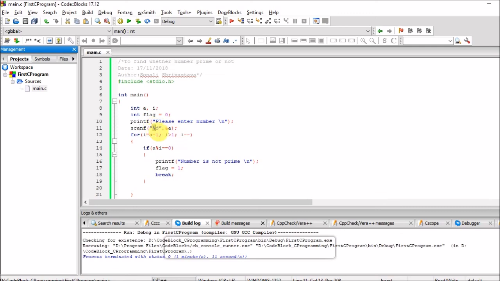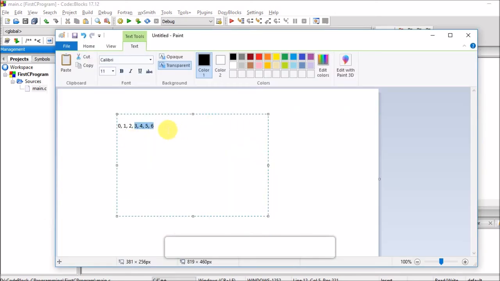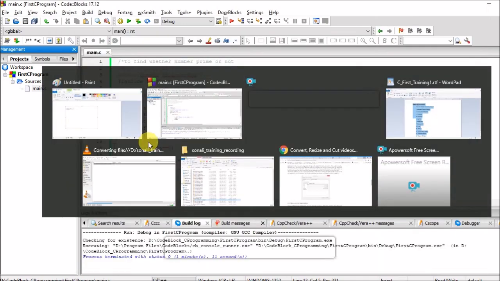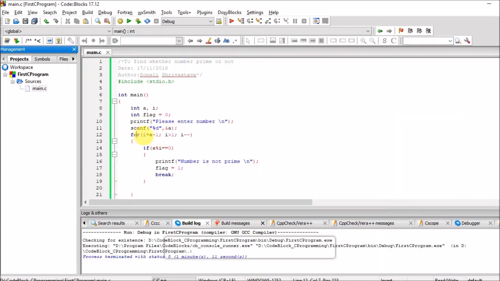So I'm using a for loop because, as I told you guys, to repeat again, whenever we want to find whether a number is prime, how to find? If the number is 6, I will check all the numbers which are lesser than 6, till I put the checkpoint, it should be greater than 1. It should start with a number which is lesser than the input number, and it should go on decrementing till this value, that is the number should be greater than 1, because I'll check whether 6 mod 5 is equal to 0, 6 mod 4 equal to 0, and the same code is used. For that case, I'm using this for loop. You can repeat the same code for different inputs,